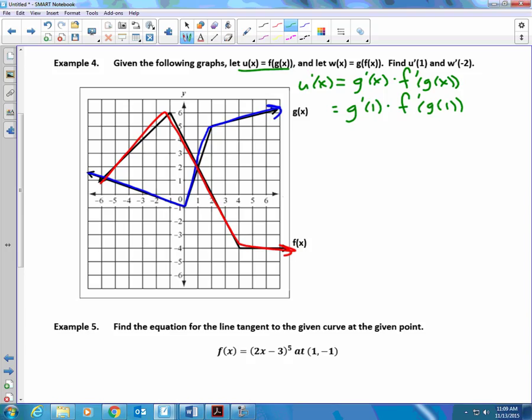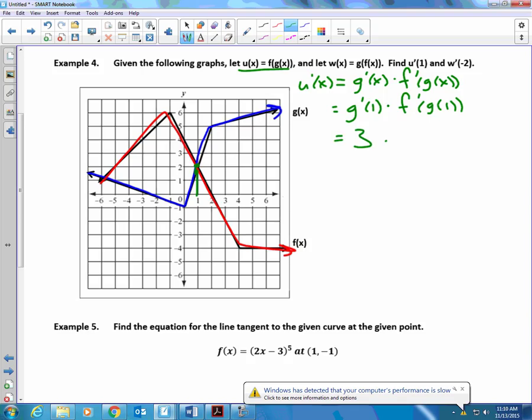Let's look at the graph. What does g prime of 1 mean? What does that mean graphically? Because it says find u prime of 1. What does g prime of 1 mean, graphically speaking? The derivative at 1. What does derivative at 1 mean? Slope. She's finding the slope at 1. I locate the function g at 1 right here, and I say, what's the slope? Well, that's just a line. And you can tell that that line has a rise of 3 and a run of 1. So very good. So that's 3